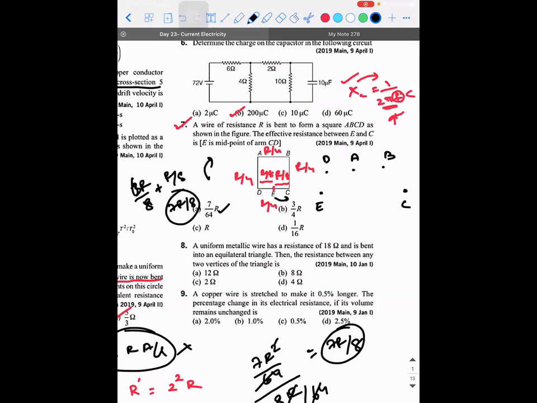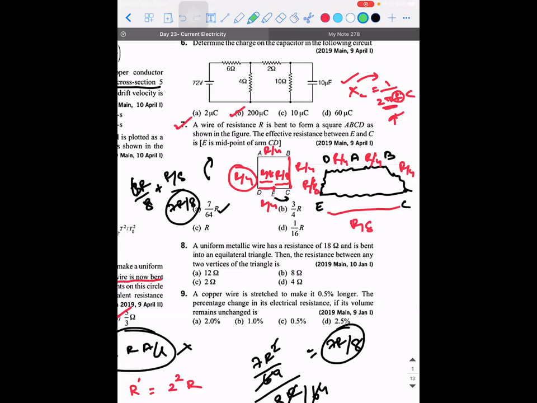Similarly, in the anti-clockwise direction, from E to C, you can directly go. So 1 resistor, 2, 3, 4, 5. Do we have 5 resistors? Just have a check. AB is 1 resistor, BC, EC, DE, and DA. 5 resistors. I've redrawn the 5 resistors. Between D to A, is it not R by 4? Between A to B, R by 4? B to C, R by 4? E to D, R by 8? E to C, R by 8?